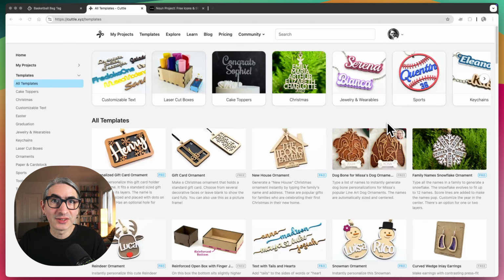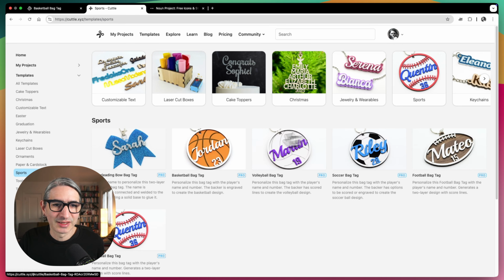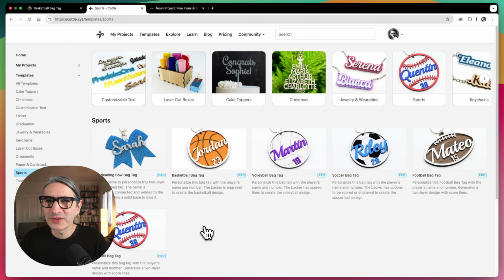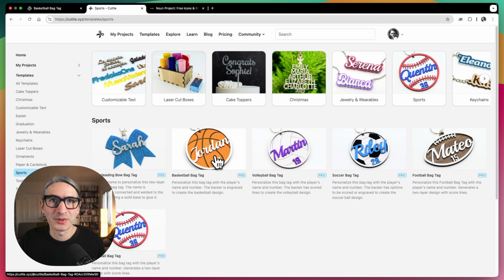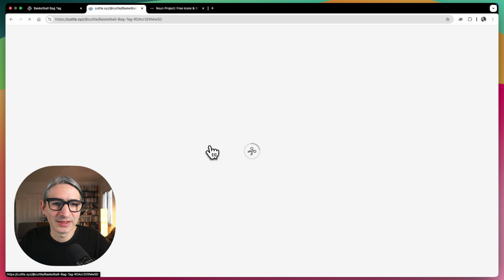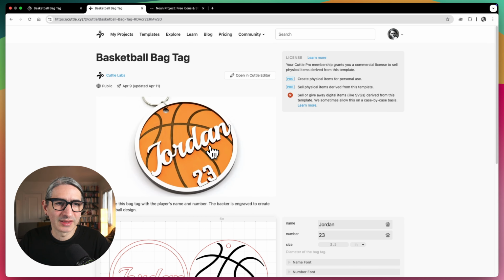So here on the templates page, I'm gonna click on the sports section, and we have a few tags, and I think one of the easiest ones to modify is the basketball bag tag, so I'm gonna use that one as an example. So I can click on it to open it, and the way this one works is that